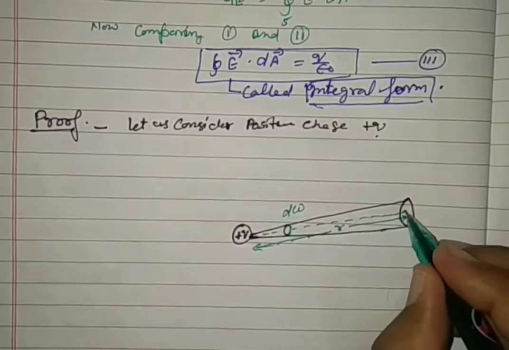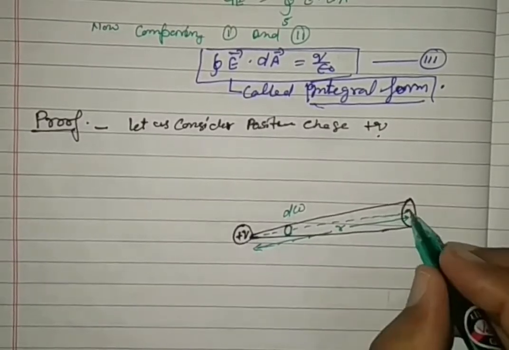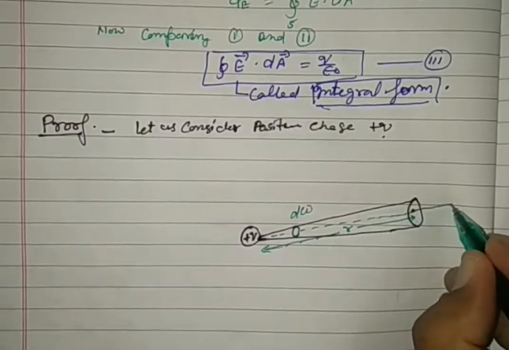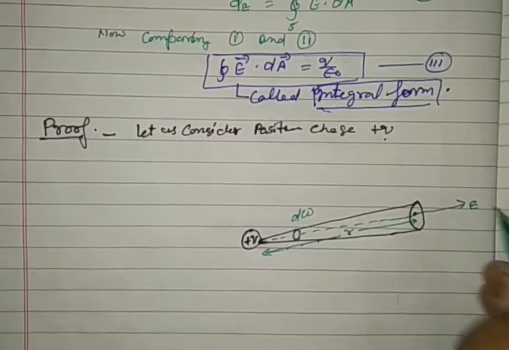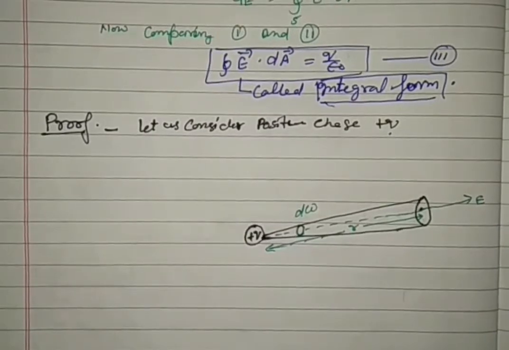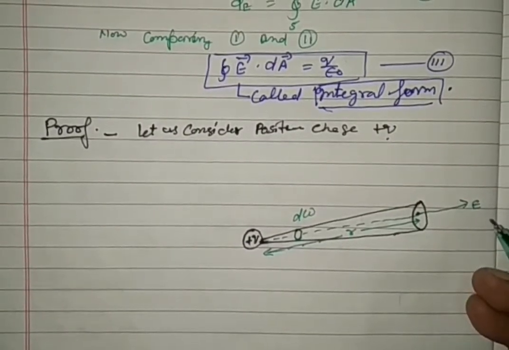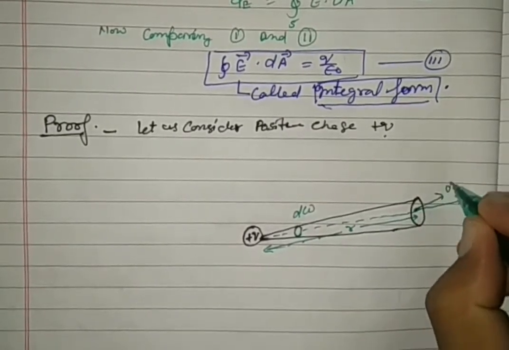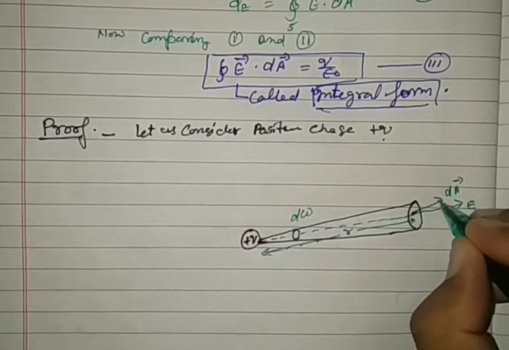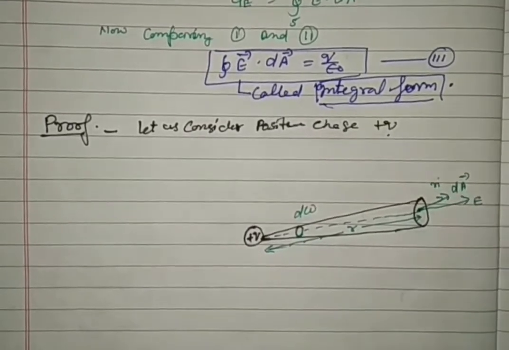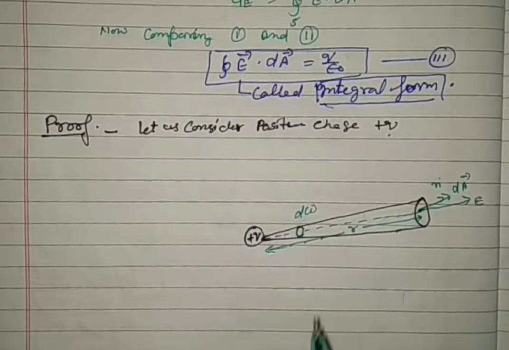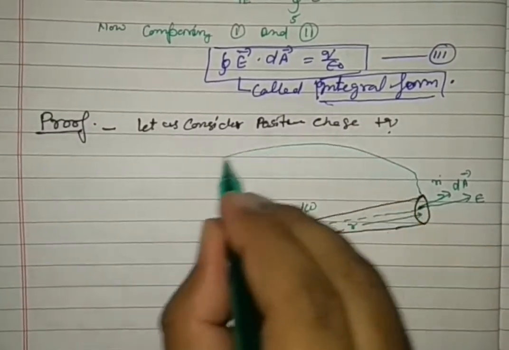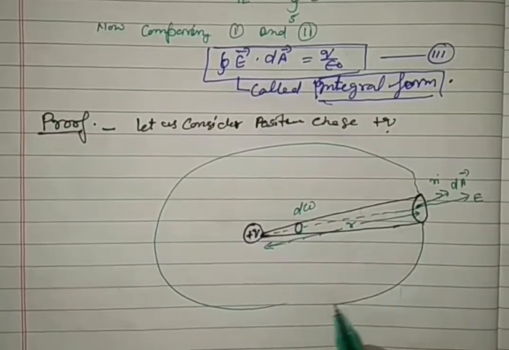Electric field: this is the positive charge, the smallest positive charge kept here. So the repulsive force is acting in this direction. So the electric field is in the direction of the electrostatic force, here in this direction. Now let this be the area vector, and the unit vector along this also. Now complete the total diagram here in this case.